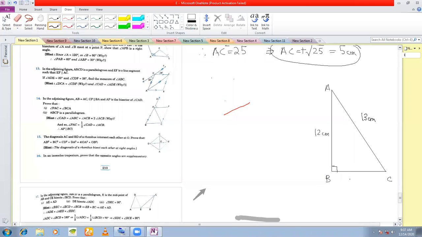How will you find out? See that this length AC is the hypotenuse, so the length of the hypotenuse here is given to you. Okay, so from Pythagoras theorem,